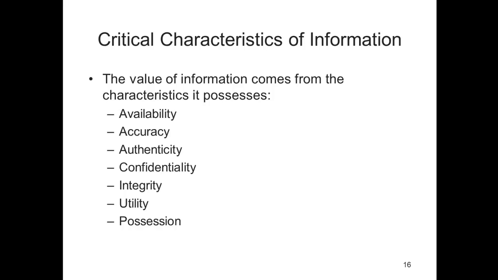Authenticity is the quality or state of being genuine and original rather than a reproduction or fabrication. Information is authentic when it is the information that was originally created, placed, stored, and transferred. Confidentiality is the quality or state of preventing disclosure or exposure to unauthorized individuals or systems. Integrity is the quality or state of being whole, complete, and uncorrupted.